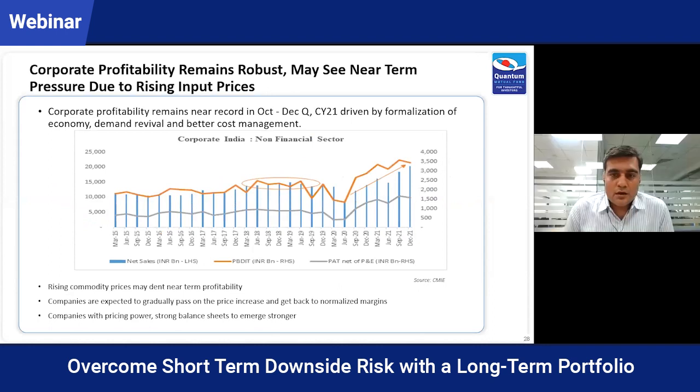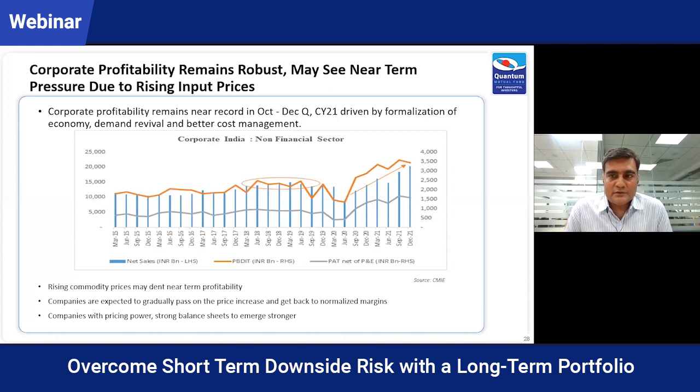Now, coming to corporate profitability, which dipped in June 2020 because of lockdown, has seen a very, very sharp improvement. You can see in the chart the saffron line, which is the EBITDA, which is loosely the operating profit of these companies, which has seen very, very strong growth. And even the sales, you can see it's a one-sided story. So corporate profitability post-COVID, because of the strong demand and lower costs, has moved up very, very rapidly.